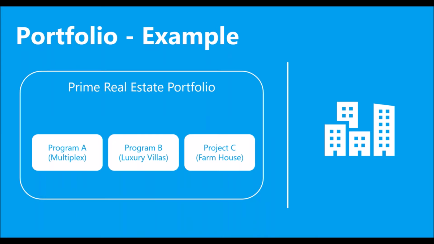We talked about construction of a house as a project, then we moved to multiplex as a program. Now, what if the company decides to spread their arms and deal with other areas of business, right? So, what if they also are dealing with other programs like luxury villas or a farmhouse, for example, right? But together they form a domain, right? They are something like a prime real estate portfolio. They are not related with each other if you look at them, right? But for you, as a part of your senior management, it makes sense for you to group them together and manage them as a portfolio.